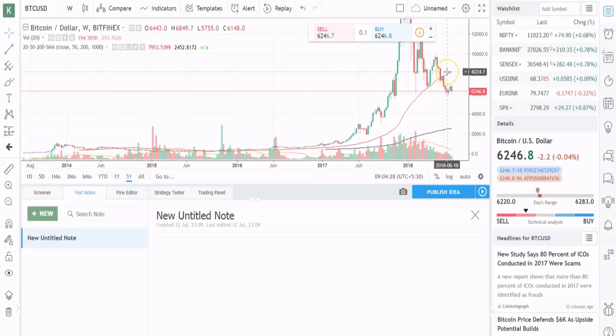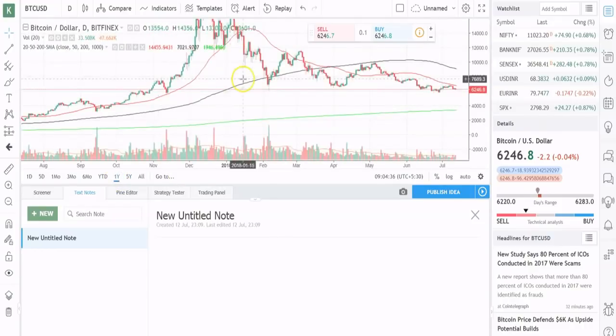So having that historical perspective, we can now look at the current situation and say, okay, the 50-day moving average right now is way below the 200-day moving average. That's just a fact. If we go into the 1 year look, the 200-day moving average is way above the 50-day moving average right now. So because of that, unfortunately, that is still a bearish trend, and Bitcoin has been on a steady decline over the last 6 months after being at an all-time high.